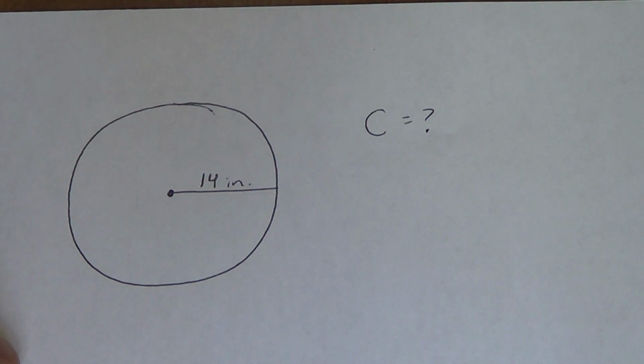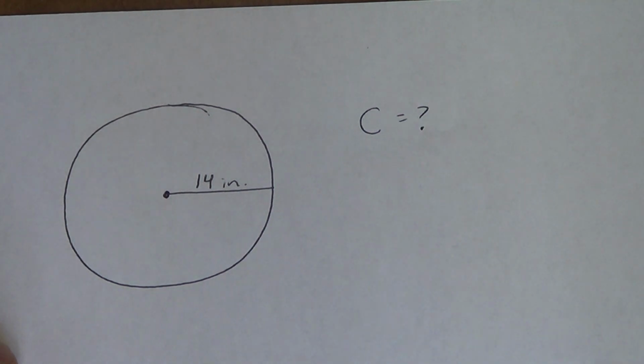We are going to use this video to do some examples of the formulas that we just talked about in the last video. So our formulas in the last video, if you remember, were circumference, which was 2 pi r, area of a circle, pi r squared, arc length, which was arc measure over 360 degrees times 2 pi r, area of a sector, arc measure over 360 times pi r squared, and area of a segment, which equals the